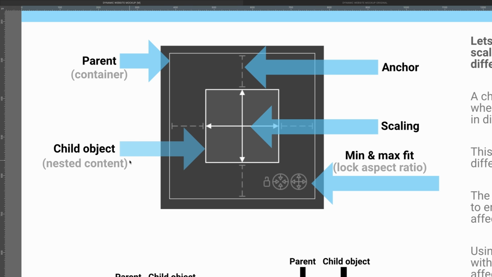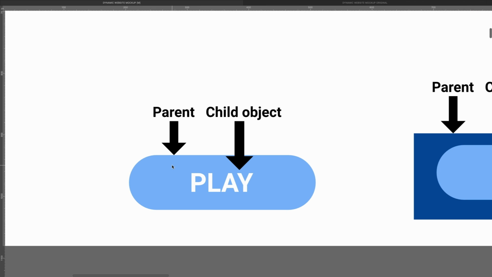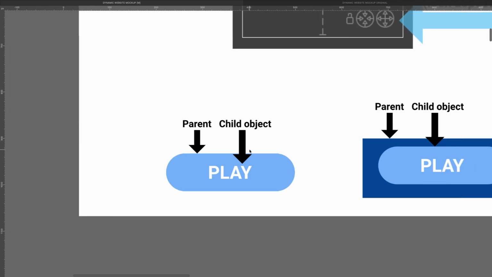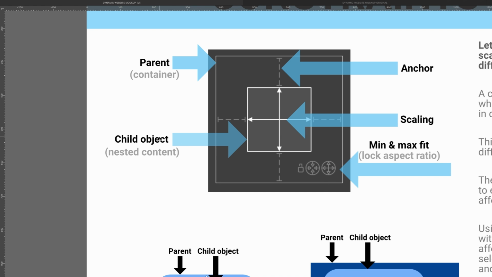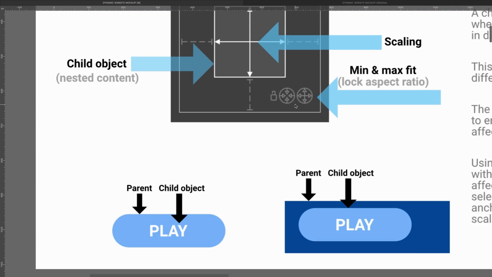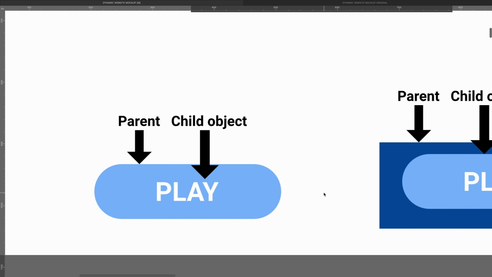So parent, child, object. What does that mean in terms of design? Well, let's break it down way easier. So if we think of this little button here, let me double tap that little button there, the little pill shape, that's going to be the parent. And then inside of that, we have the word play. That is going to be the child object. So the pill is the parent here, and the child object will be this box inside. Easy enough. So that's one way of doing it, this way here. So if just designing a play button, that's what that would refer to.